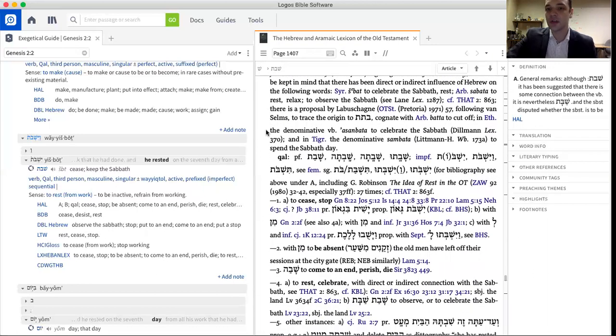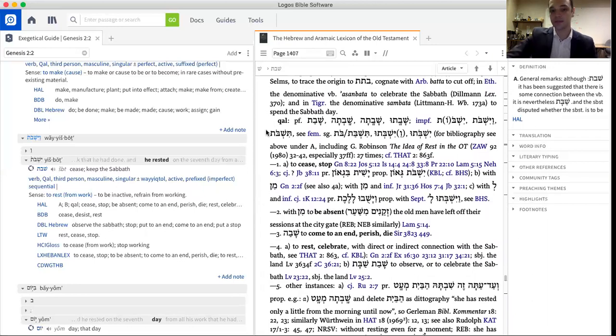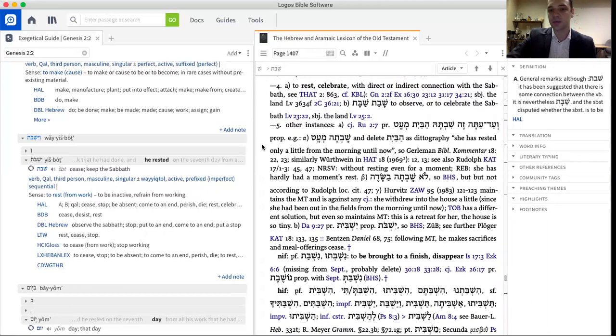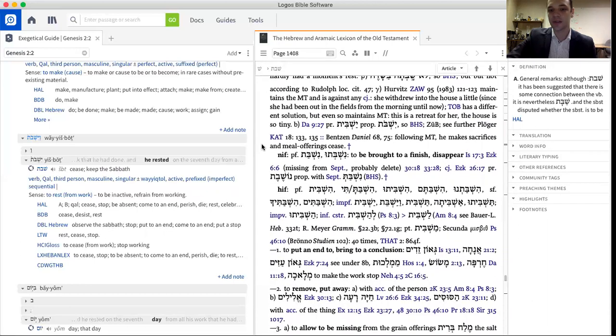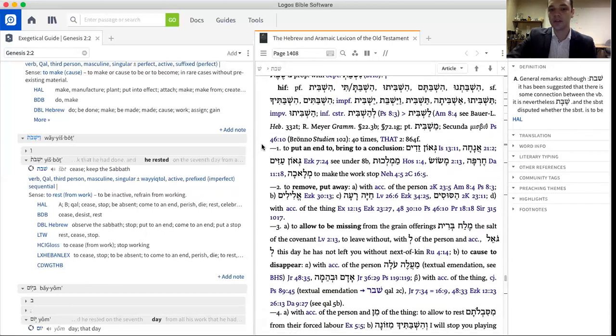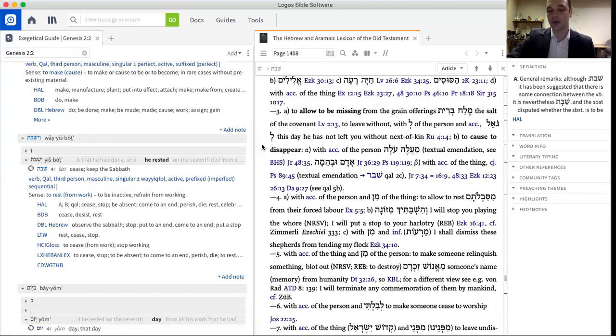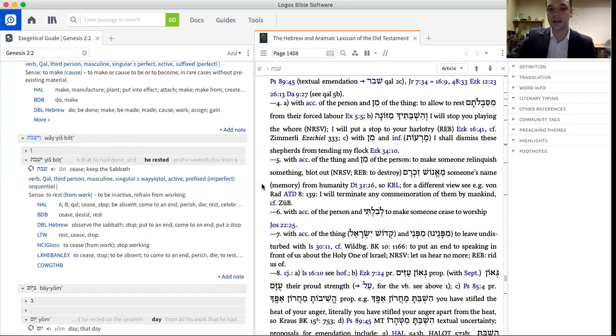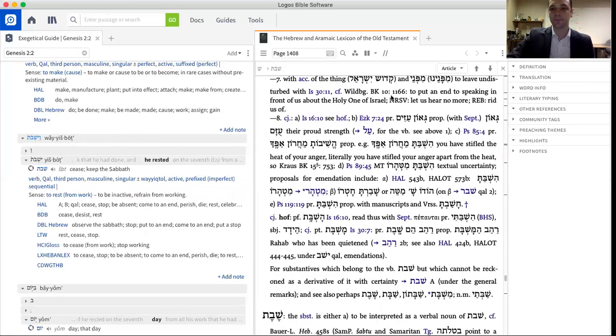Different lexicons will give you an exhaustive list of where those words are used. And so you can see all of the different examples here. And I'm just scrolling through this fast. But it's going to show you in all the different forms what it can mean. And so that's where you want to know what form it's used in over here in the actual passage, the actual verse that you found it in. So that's just a quick, easy way